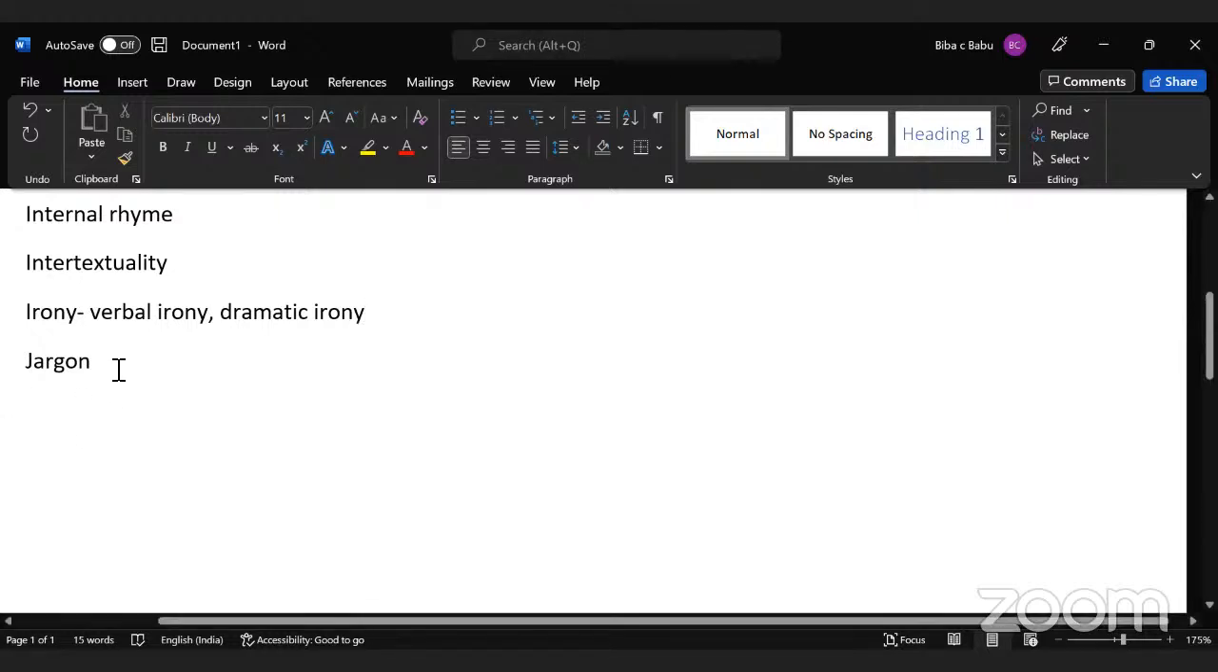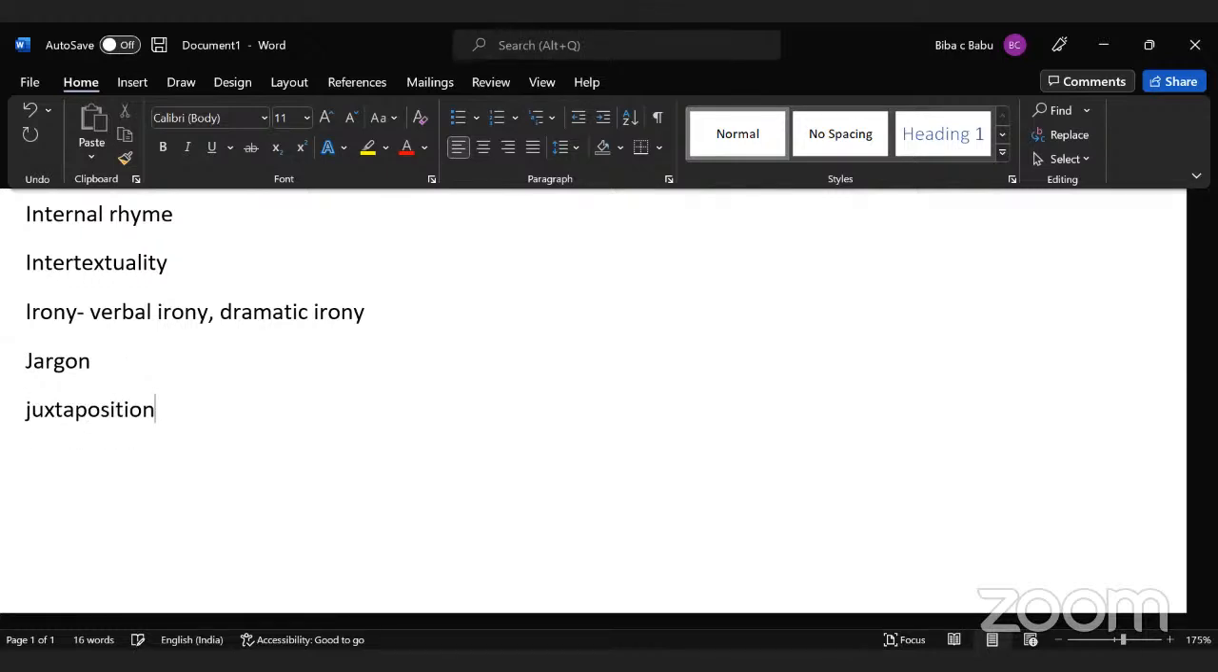Okay, jargon is a professional term. When you go to a doctor, they use certain terms. When you go to a lawyer, they use certain words like injunction, stay order. These are professional terms which common people won't understand. So jargon is a word associated with a particular profession. Okay, next is